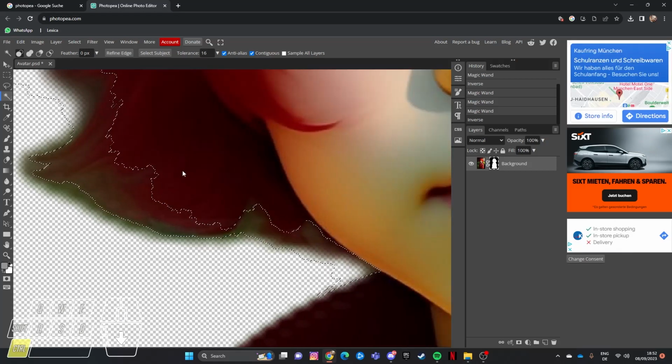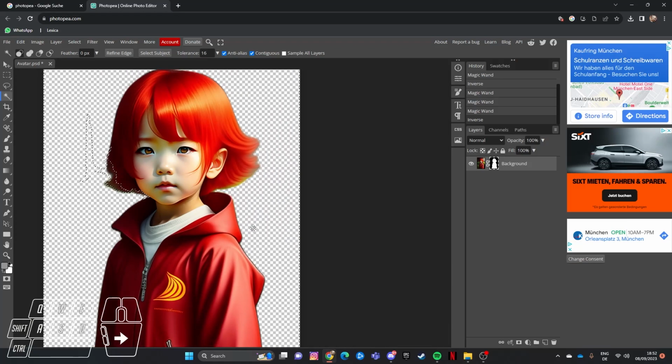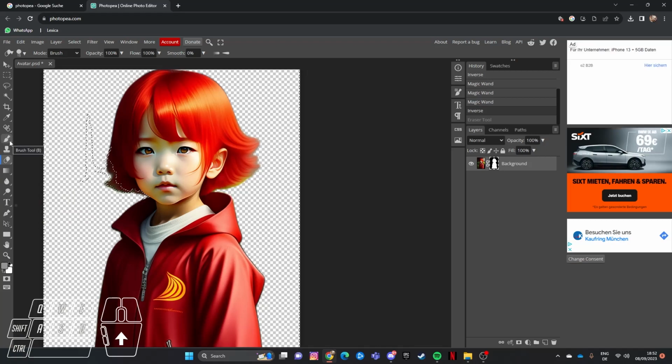So in order to delete this border, we need to have an understanding of what the removal is actually doing. If you take the eraser and use your eraser, you're gonna see the original background. So what this means is the removal is a mask that we have to paint on.